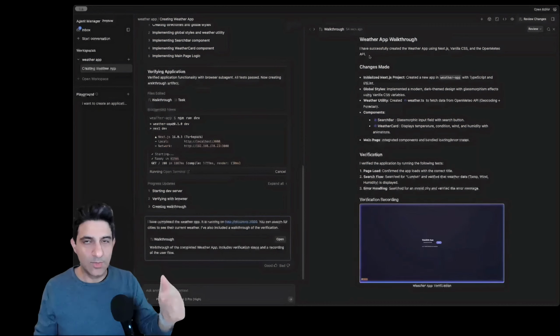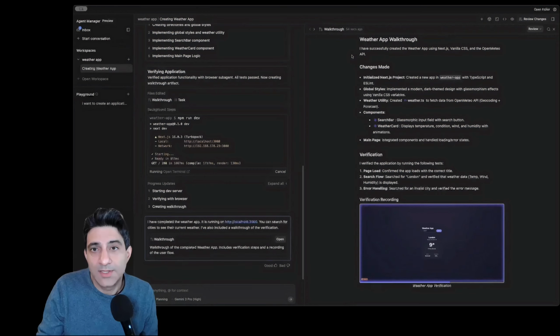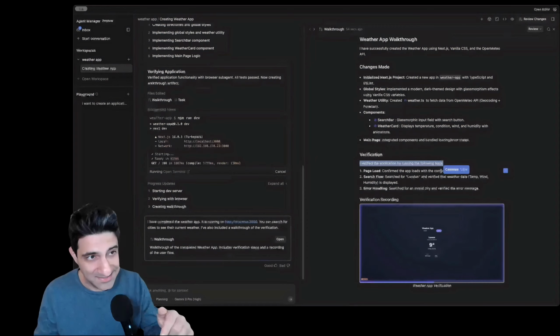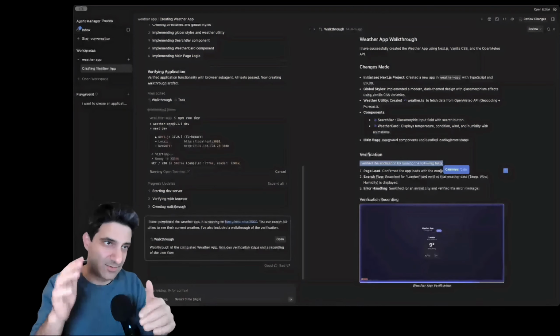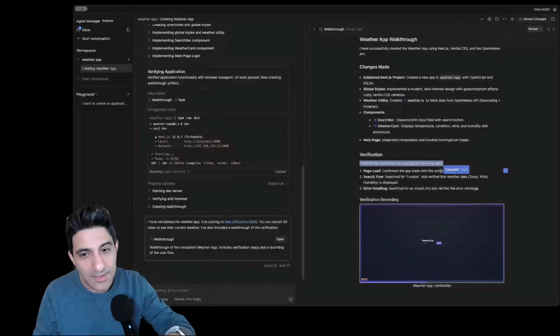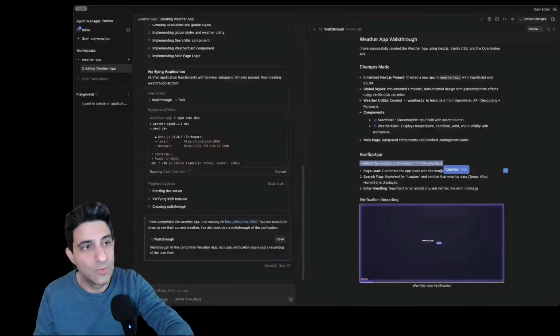Out here, it gives you an overview of what it has created. A weather app using this software has been created, and it has also verified the application by running these tests. One of the AI agents, there were so many, had the job of running a test to ensure that this application that was created and deployed is actually working properly.